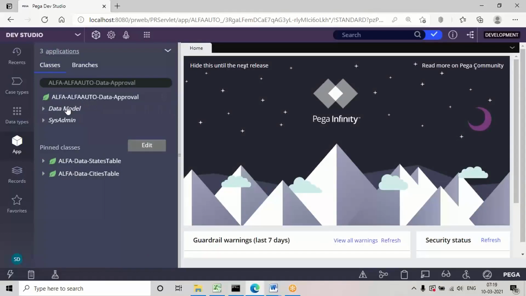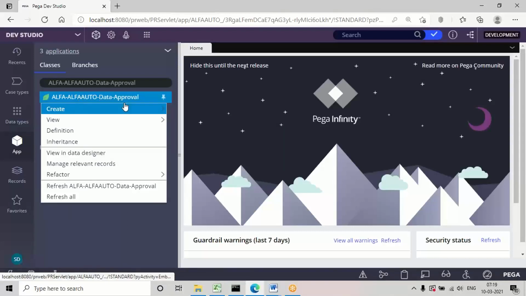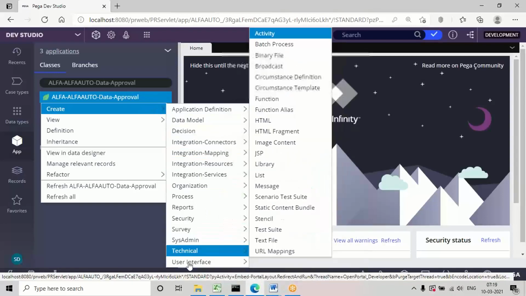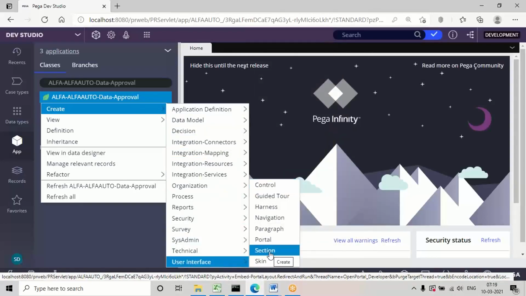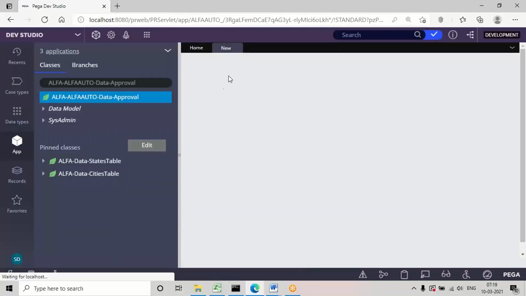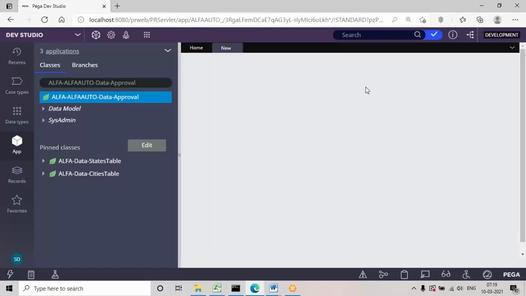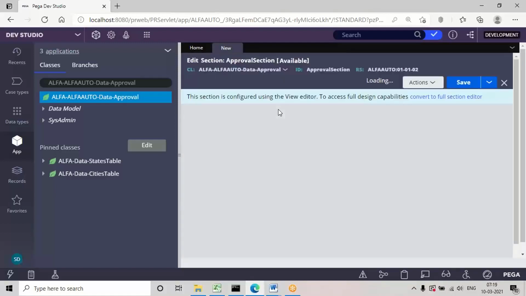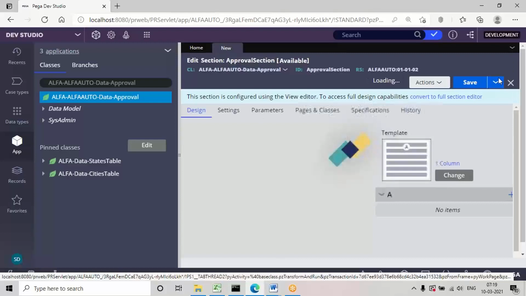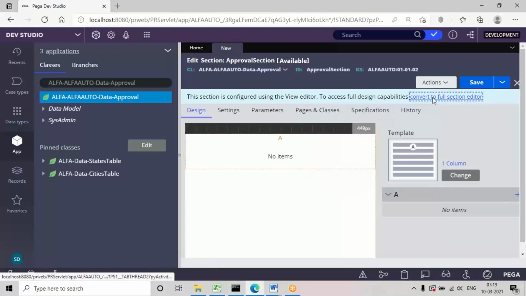Already the properties are there in this, so directly I'm going to open section. Only a section we can create in a data class. Always remember, flow action: wherever the flow is there, only there we need to create the flow action. So only a section I can create in a data class. So add a section. This particular section I'm creating under the approval data class. If you create a section in a data class, we'll understand how to map it in the flow action.